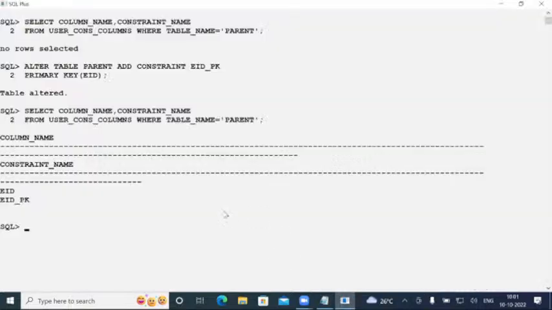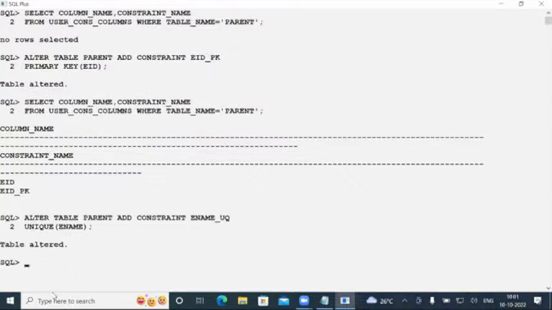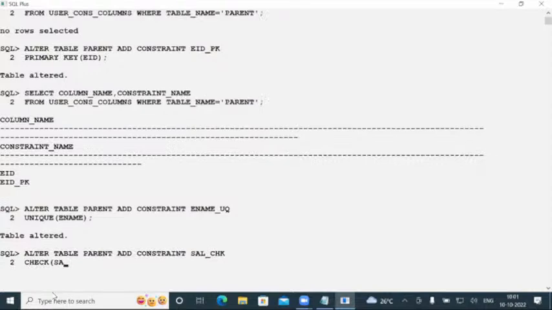Okay, and the next one, the same way if you want to add a unique constraint. The table name is parent, add constraint, and suppose I'm giving the unique constraint applied on the name column, for example, unique of name. The same way, if you want to add the check constraint, suppose salary_chk, and now I'm using check salary which is greater